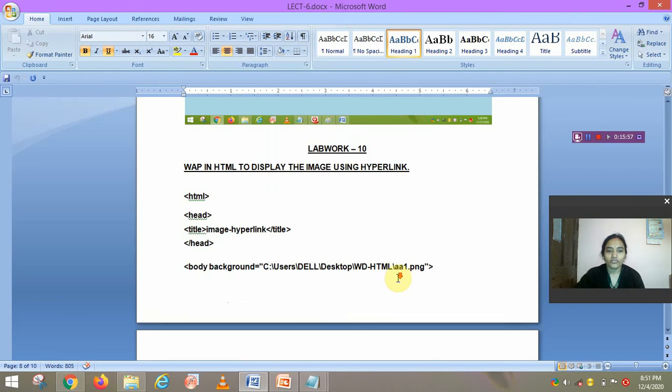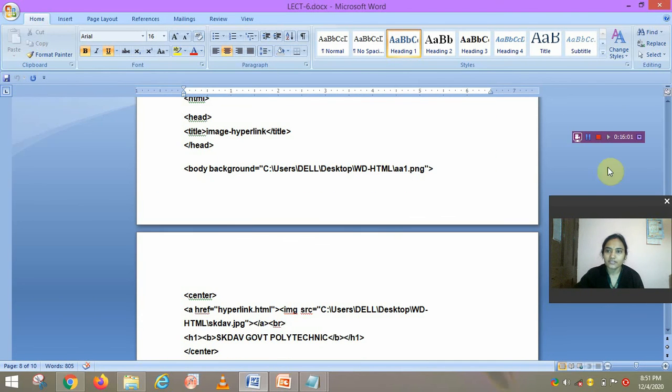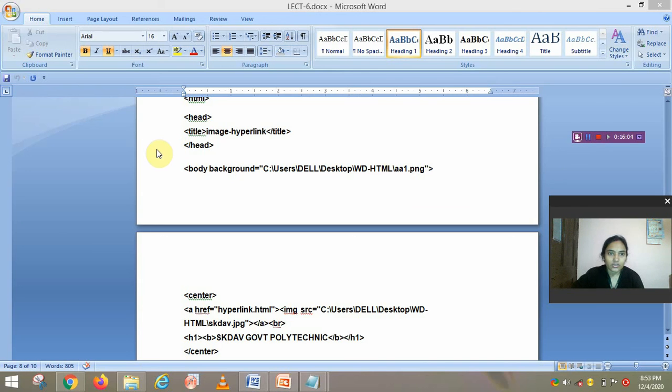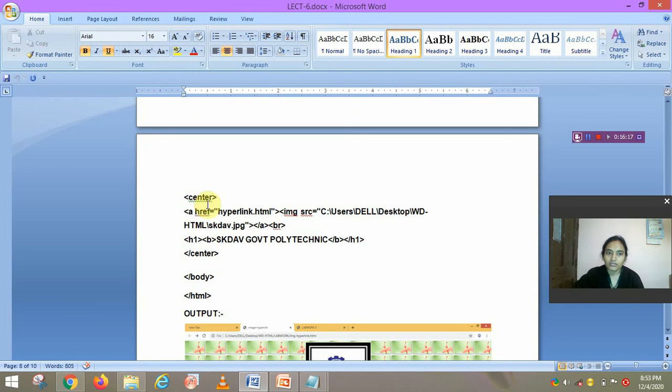For this, here we write HTML, then head, then title, all these things. After head close, we open the body, then here we set a background image for the body. Then we write center, then an anchor tag will be opened here: a href equal to hyperlink.html.